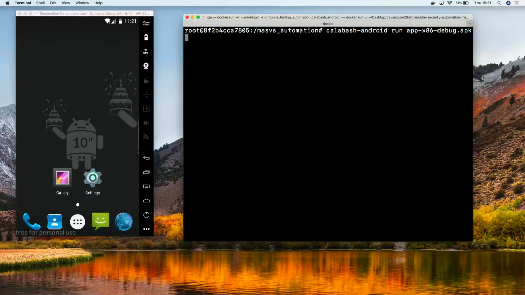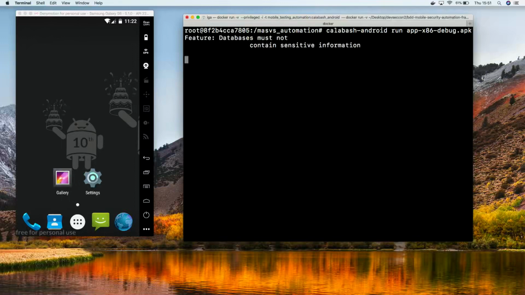What we're going to do is spin up the test from the Docker container and then use the emulator to emulate the app. The command that we're going to use in this case is Calabash Android, because we're going to use Calabash to automate the UI, right? But of course, you can use other UI frameworks such as Appium, and the command will be more or less the same, but the concept will be exactly the same.